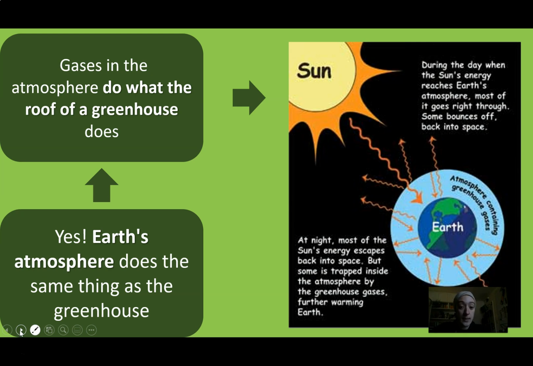Okay, so in this example, we can see the sun and the earth, and the heat from the sun beaming down on the earth. The heat from the sun is able to get into the atmosphere. It goes through the atmosphere. And as that heat hits the earth, some of it's getting absorbed and some of it's bouncing back off the Earth. You see those arrows that are bouncing back off of the Earth? So this heat and light that's getting reflected back off of the Earth, some of it is able to escape back out into space,